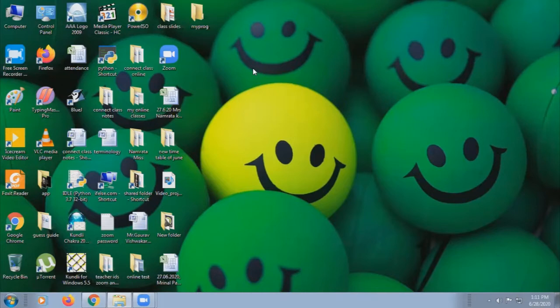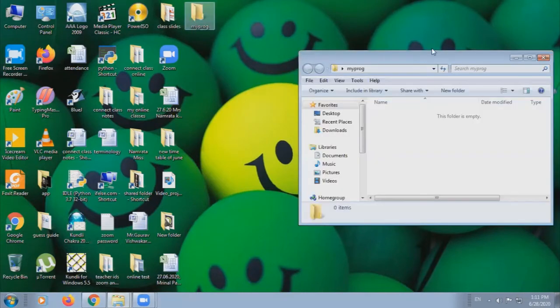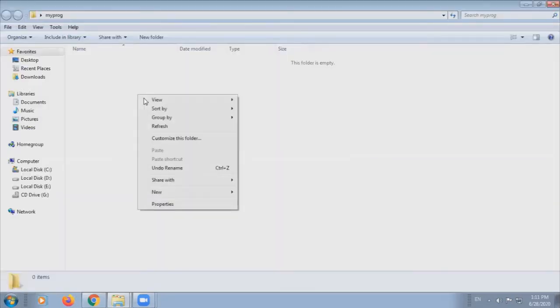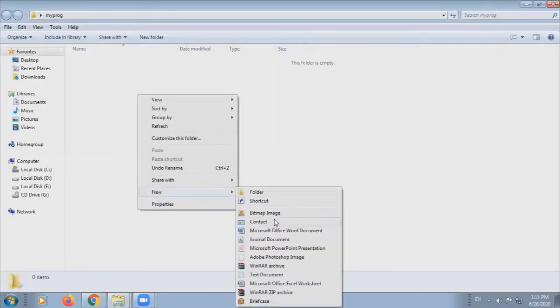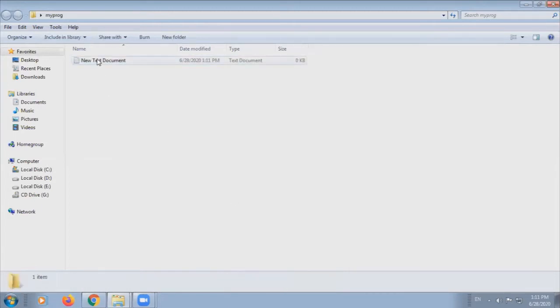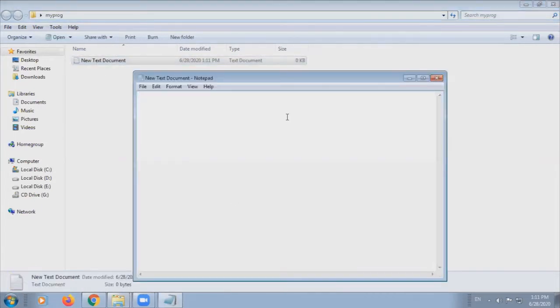Now you will make your program. Suppose I created a folder known as my program folder on the desktop, and I will use Notepad for creating the program. Now open Notepad and make your program.